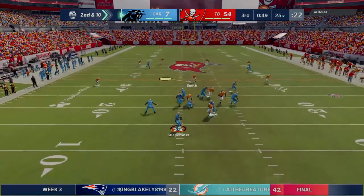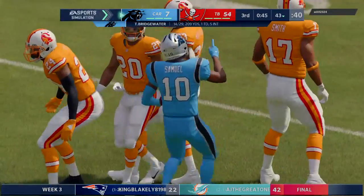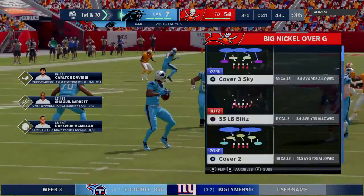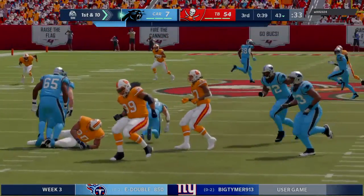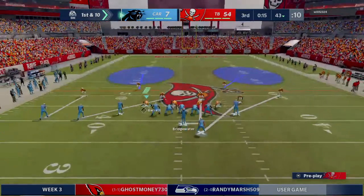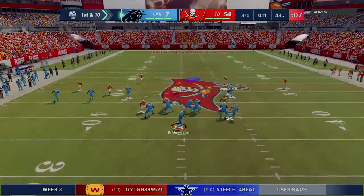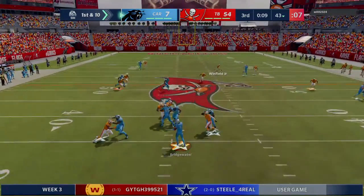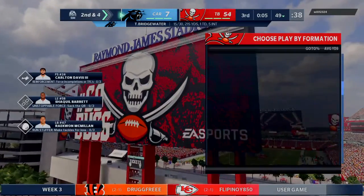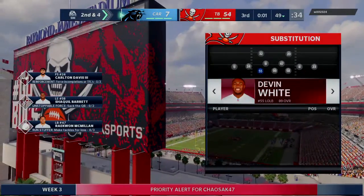Looking to throw on second down. Bridgewater. Open man is Samuel, complete. And they get him down, but not before he takes it across the 40-yard line. That one good for a first down pickup of 18 yards. And the Panther first down. From the gun, Bridgewater. And he will find his man on the end route, complete. A gain of 6 there on first. A 6-yard pickup brings up...